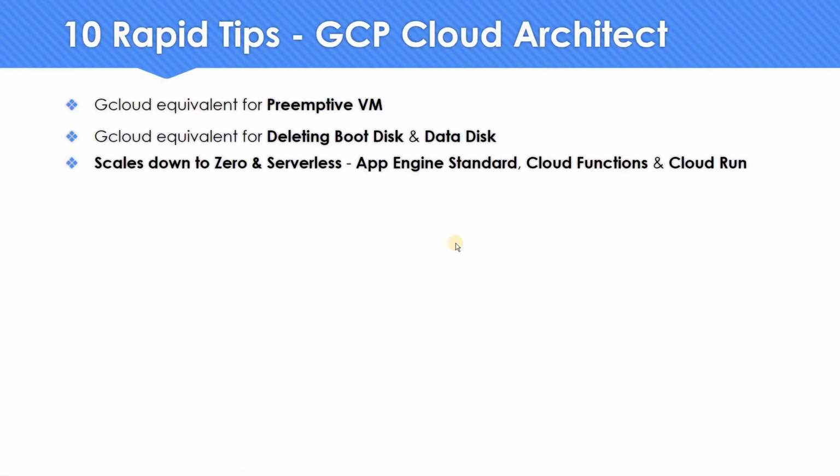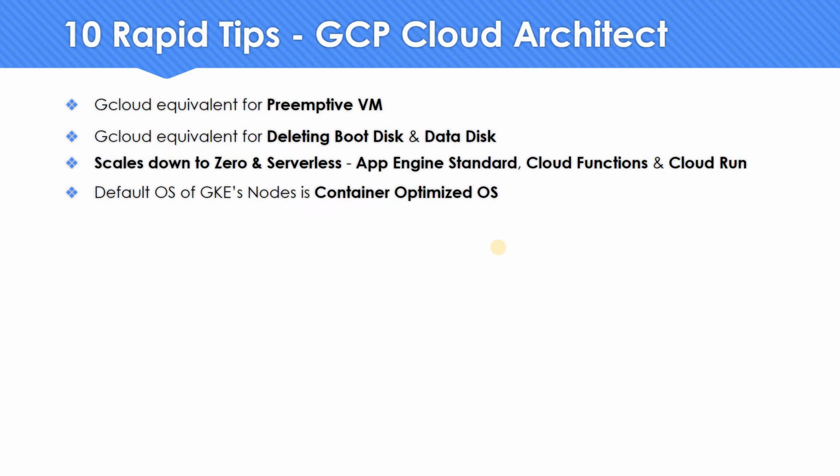So moving on to the fourth tip, since we are discussing more on compute, let's switch gears to Kubernetes Engine. The tip is the default. What is the default OS of a GKE node? So if you have a 3-node Kubernetes cluster, what is the operating system of those nodes? The default operating system is Container-Optimized OS, COS.